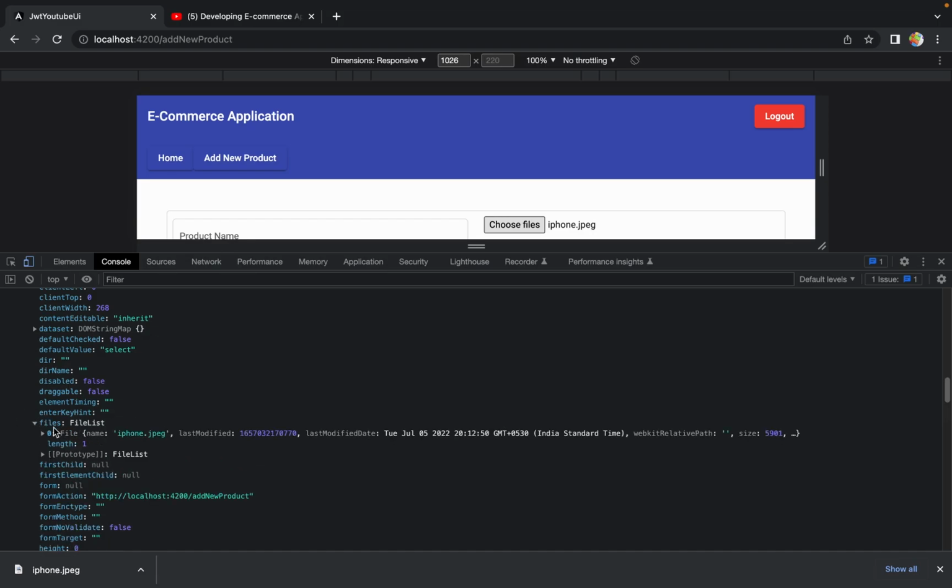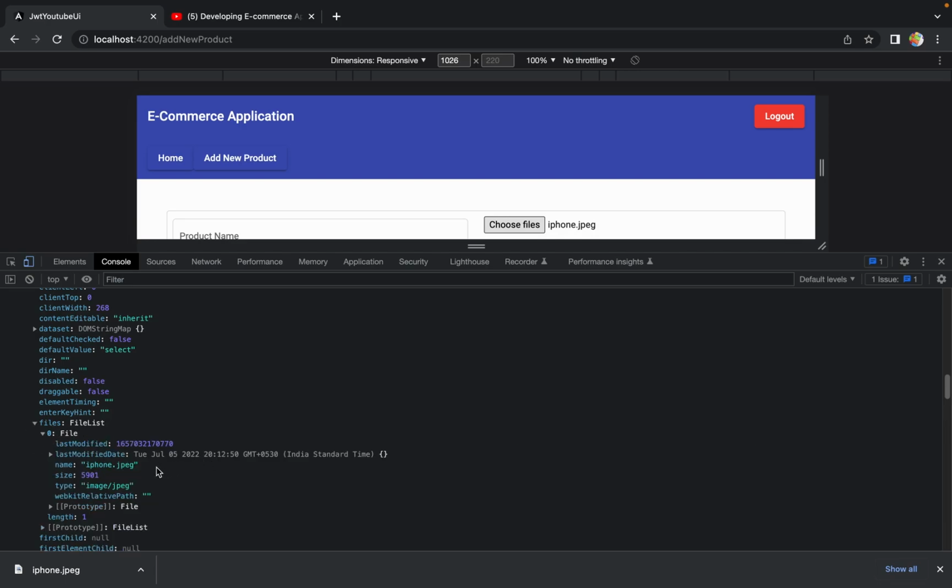Now if you see inside these files, we have all the files which we have selected. As of now I have only one file because I have selected only one file, but if we have multiple files, all the multiple files will be listed over here. Now we are able to see the name of the image and all the details like last modified date, and many more information which is related to the file. So this file we are going to use, and we are going to upload these particular files